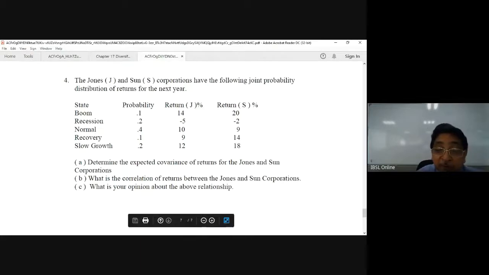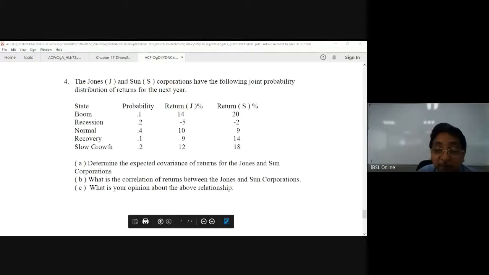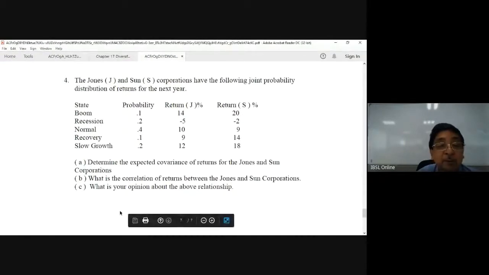What is the most possible one? Normal. Yeah, normal one is the most possible one. Yes, it is understood. So anyway, then the returns are given for Jones, that is one type of a company,